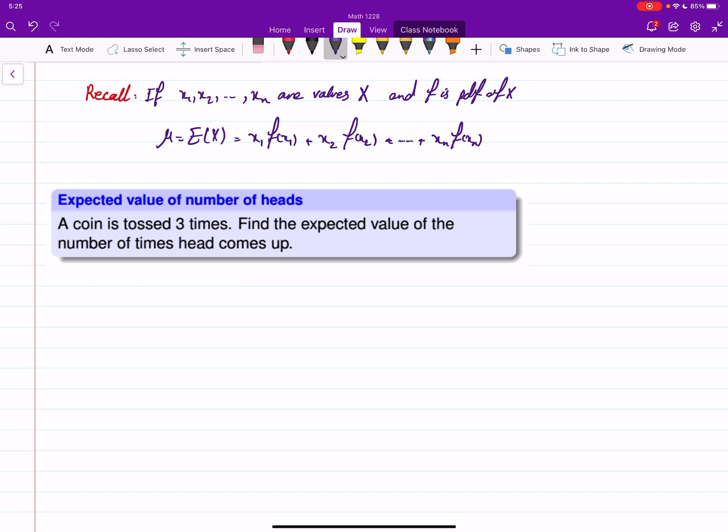Well, let's see what the example is here. Expected value: a coin is tossed 3 times. Find the expected value of the number of times that head comes up. So when you're working with the number of heads, remember that this can be either 0 heads, 1, 2, or at most 3. And the probability that we get 0 heads is,